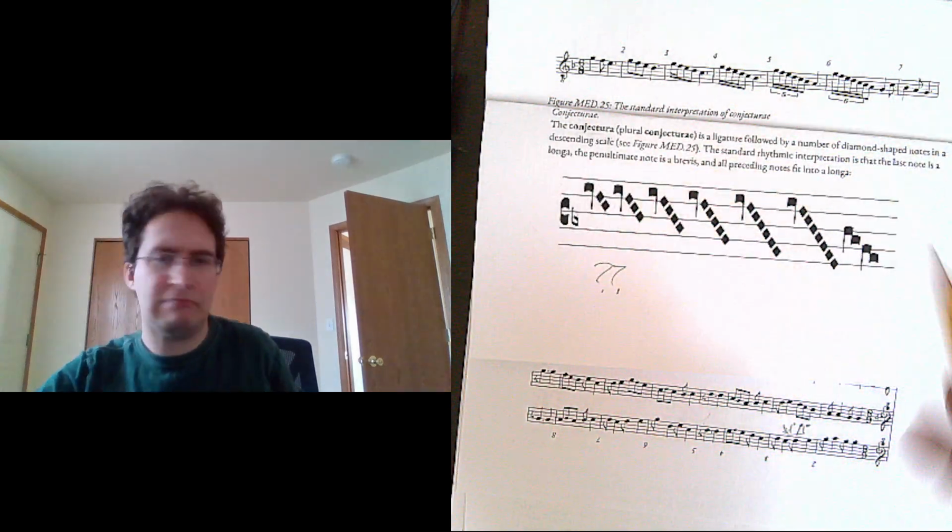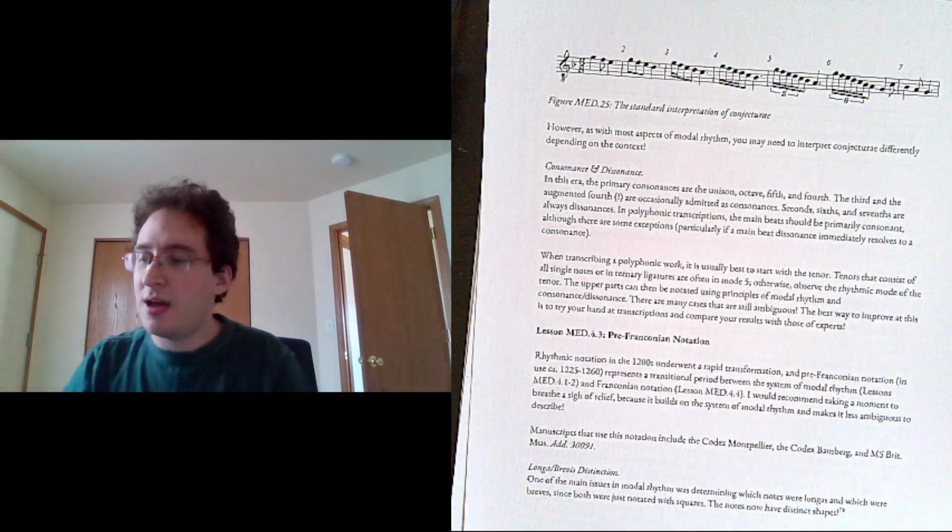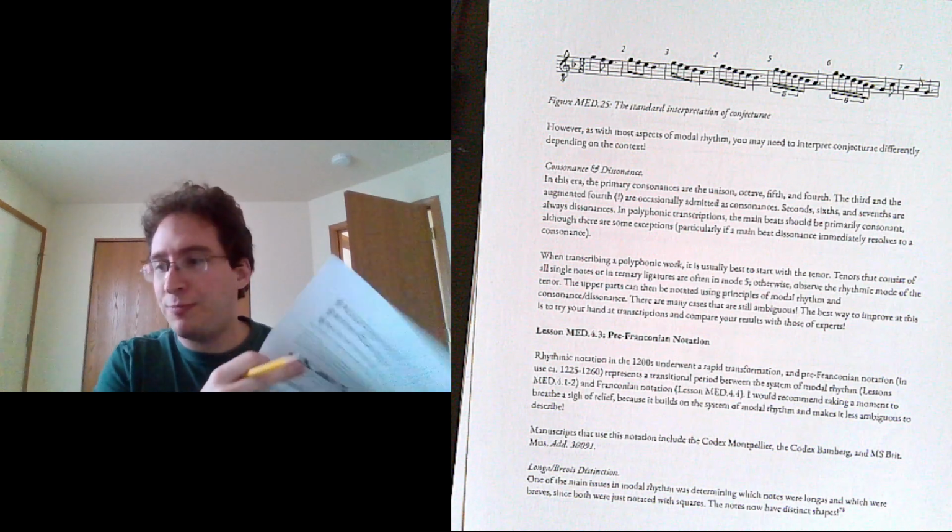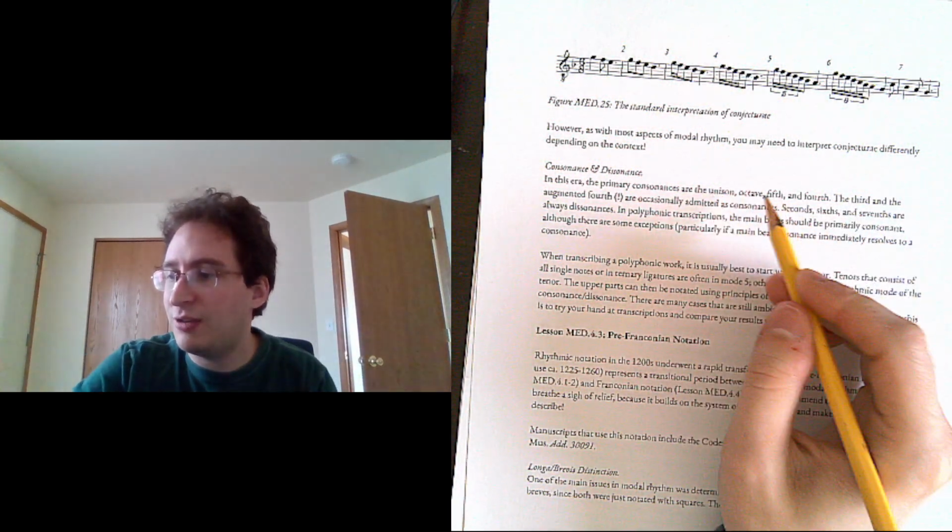Then that's right at the end. That's weird. Interesting. Then the last piece of advice would be the primary consonances are the unison, octave, fifth, and